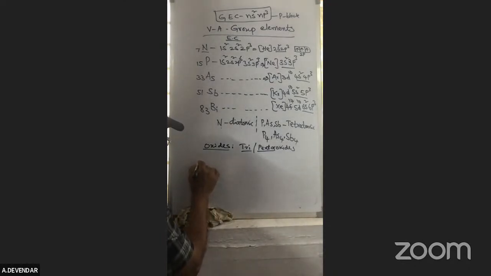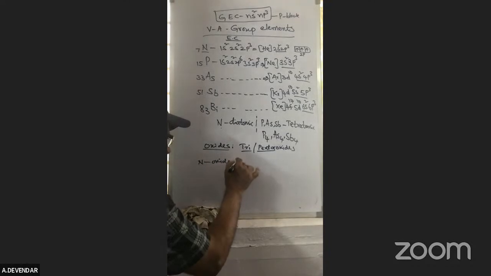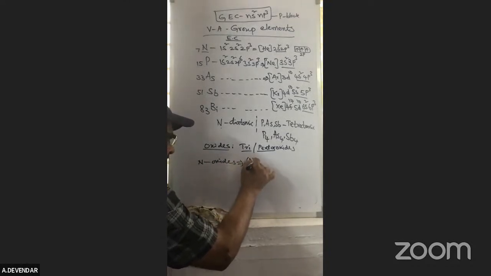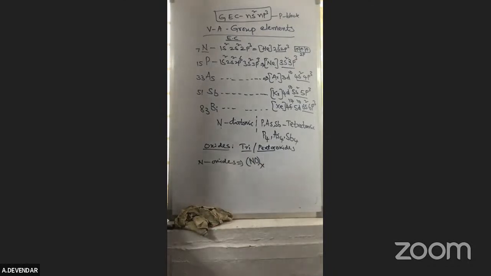A special case is nitrogen. Nitrogen can form different types of oxides, of the NOx type. Why is it happening? Because nitrogen is abundant in the atmosphere. Our atmosphere consists of many gases, and among them nitrogen is the most abundant gas, about 78% of the atmosphere. During thunderstorms in the rainy season, that nitrogen is split into ions,